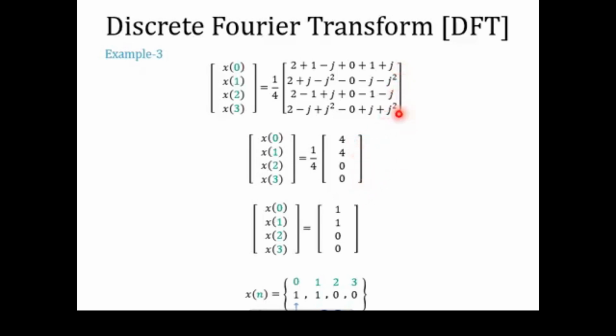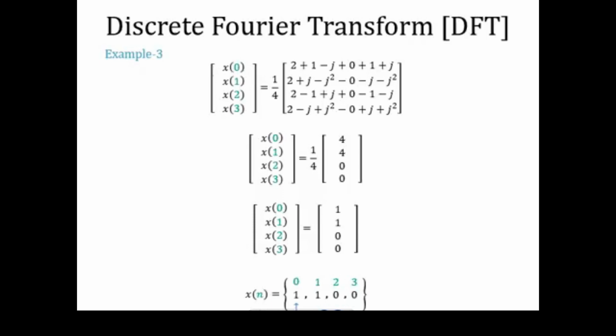You can solve them mathematically. And after dividing these values 4, 4, 0, 0 by 4, we will get the result 1, 1, 0, 0, which is the time domain sequence. So as you can see, we got the same time domain sample values which were provided in numerical 2. So this is how we can calculate the inverse DFT by using matrices, in which we just need to calculate the conjugate of the W N matrix. So it's much easier to calculate the synthesis equation of DFT rather than solving the inverse of the